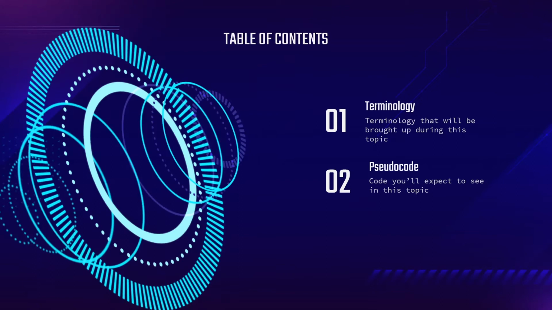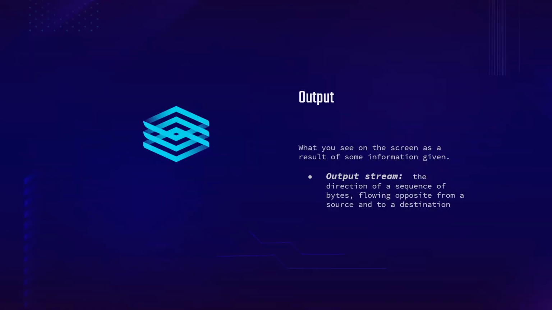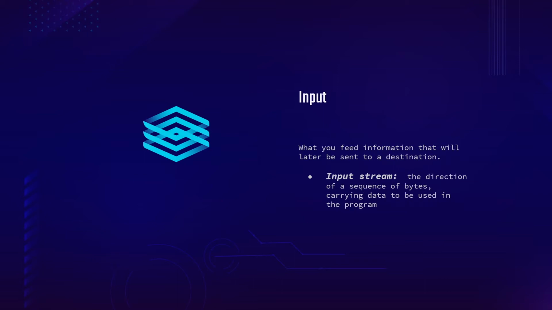Okay, so terminology in pseudocode. Output. So what output is whatever you see on the screen as a result of some given information. And an output stream is the direction of a sequence of bytes flowing opposite from a source and to a destination. On the inverse, input is when you feed information that's going to later be sent to some destination. And an input stream would be the direction of a sequence of bytes that's carrying the data to be used